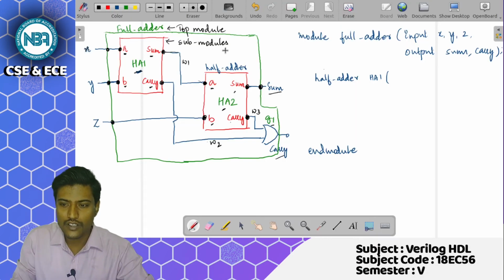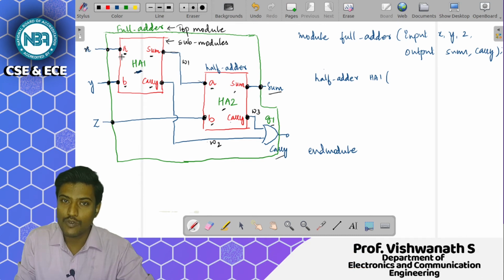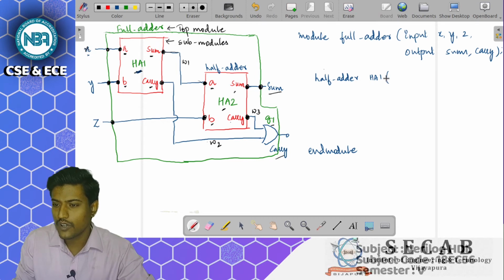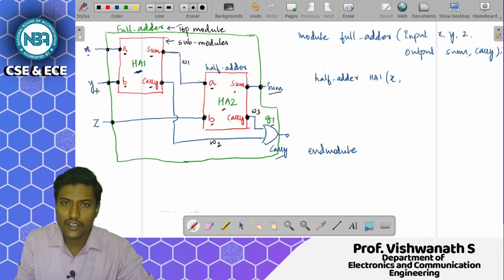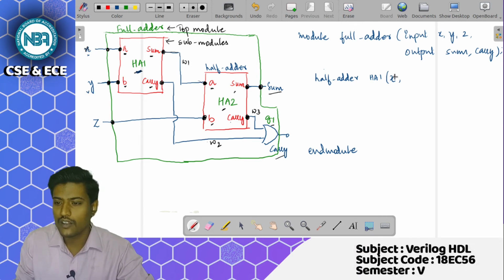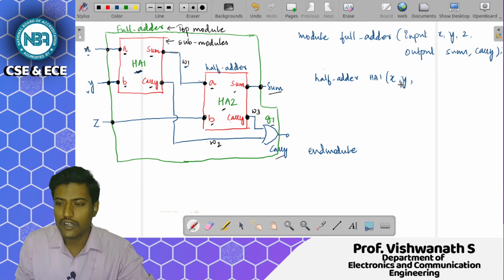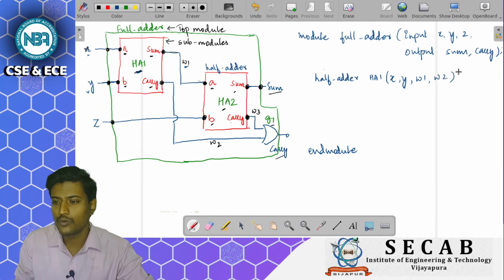Based on the order given in the module, I need to write the connections in the same fashion. For port A, X is connected, so I write X. For port B, Y is connected, so I write Y. For sum, wire 1 is connected, so I write wire 1. And for carry, wire 2 is connected, so I write wire 2.